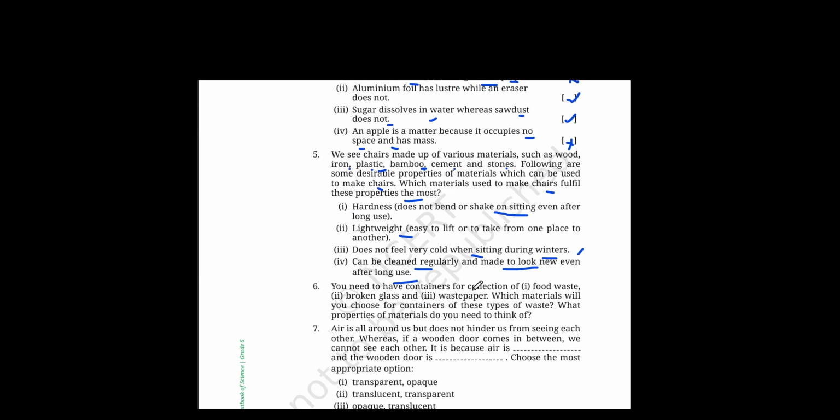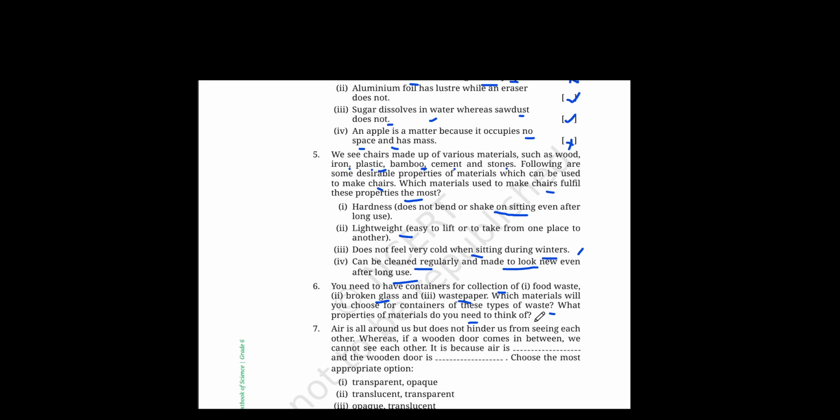Next, you need to have containers for collection of food waste, broken glass and waste paper. Which materials will you choose for containers of these types of waste? What properties of material do you need to think of? So you need containers for food waste collection, broken glass collection and waste paper collection. What material will you use to collect these types of waste, and what properties will you keep in mind? So if we have to take a food waste container, then that should be made up of plastic